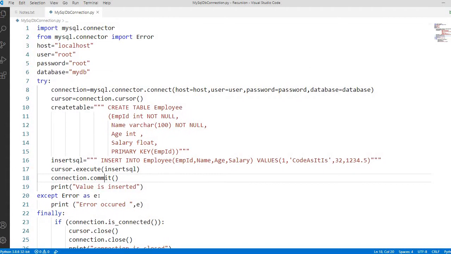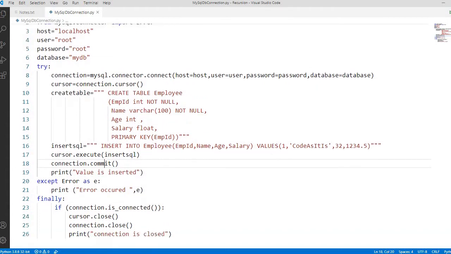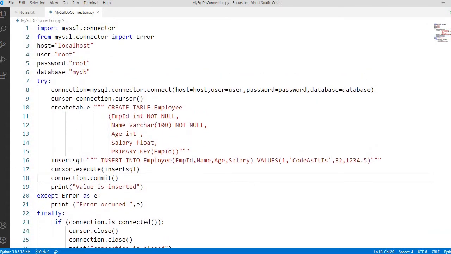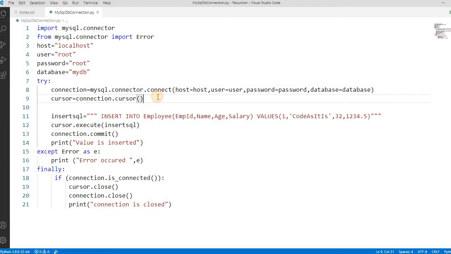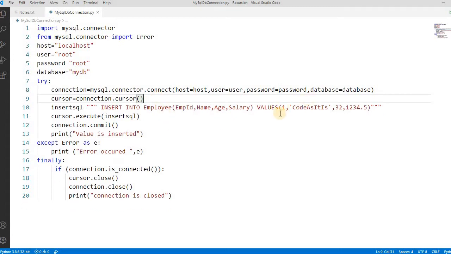So if you have seen the last video, I have covered till now. We have created one database, MyDB, created one table, the employee table, and then inserted one record. So we have seen one way of inserting the value into the table. This one is the simple one. Suppose I don't want to do it like this. Okay, so there is another way.